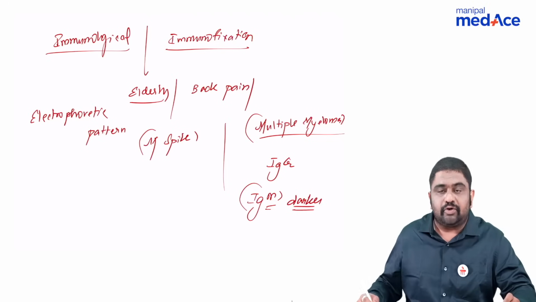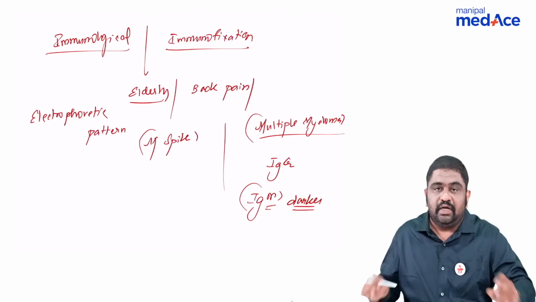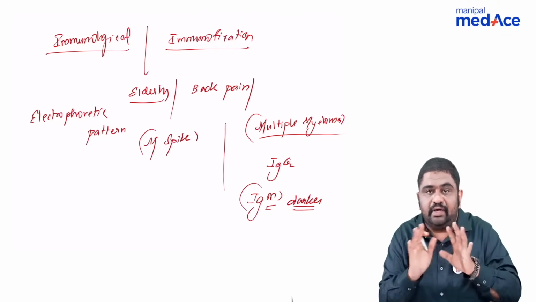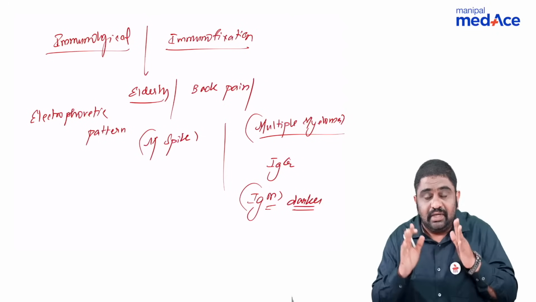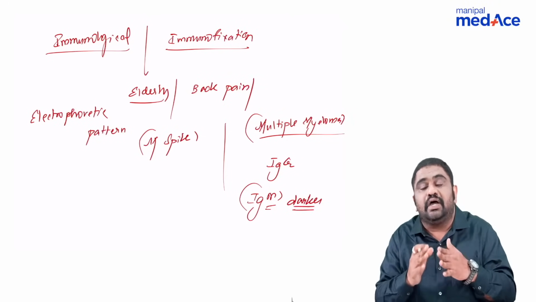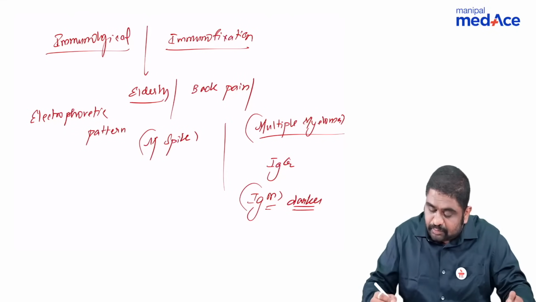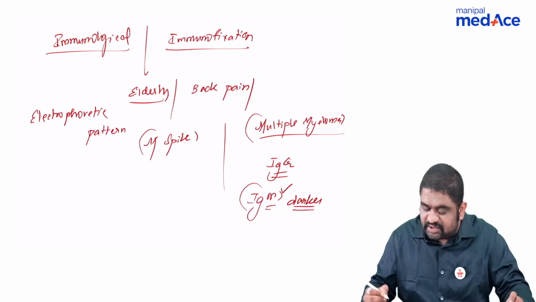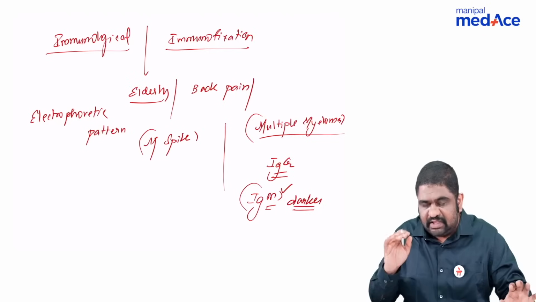See, in case of electrophoresis or these kind of patterns, the width of the particular band is not important to tell us the concentration. The darkness or the intensity of the color tells you the concentration. So if people said IgM was darker or IgG was darker, now please remember,